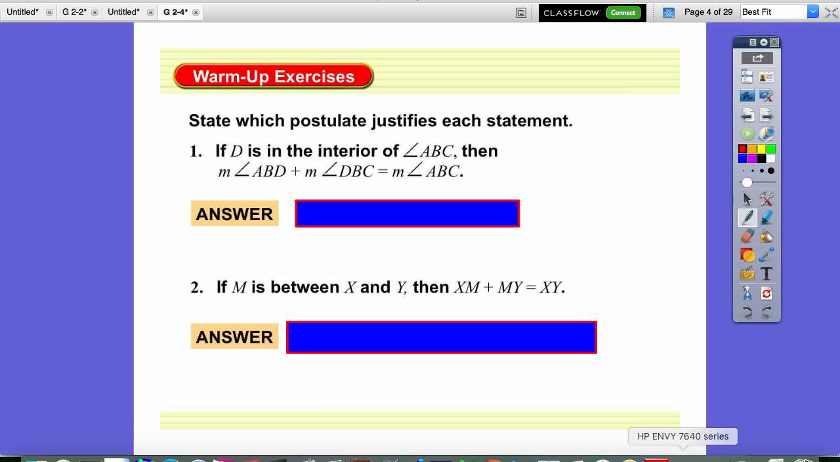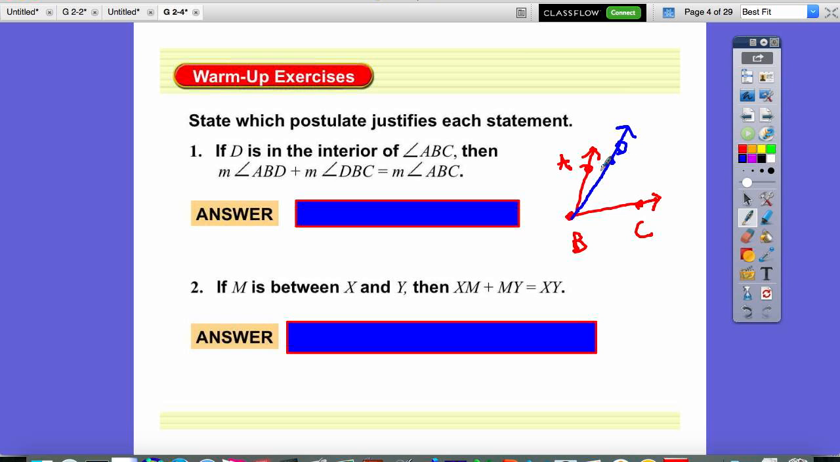So we're going to go back and go through which postulate justifies each statement. This is from prior exercises. So D is in the interior of angle ABC. What we're saying here is we have an angle ABC, and we have a point somewhere in the interior. So we could draw a ray BD. Now it's somewhere in the interior, it isn't necessarily